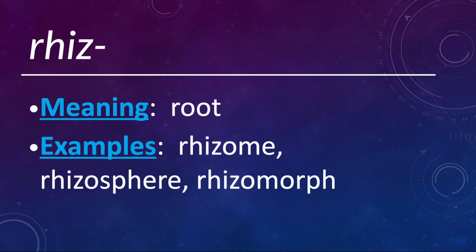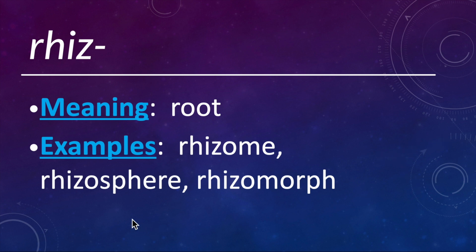So rhiz means root. So rhizome. A rhizome is an underground stem, which will put out other shoots and roots as it goes along. It's like a runner from a plant, except it's not on top of the ground, it's underneath the ground. But it will go out and have new plants pop up along it and also put out